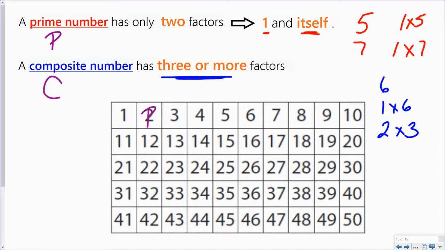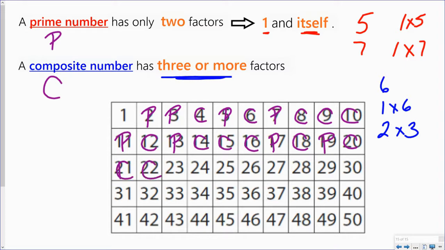2 is prime. 3 is prime. 4, because I can take 1 times 4 and 2 times 2, that's composite. 5 is prime. 6 is composite. 7 is prime. 8 is composite. 9 is composite. 10 is composite. 11 is prime. And then we have composite, prime, composite, composite, composite, prime, composite, prime, composite, and then we have,